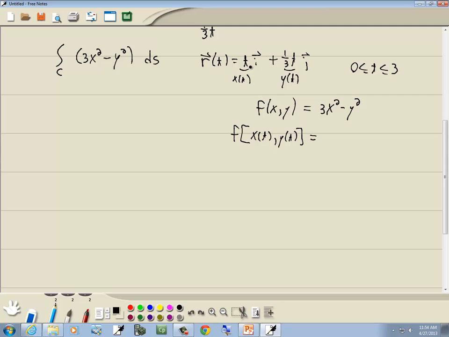So x we said was t, so put that in for x, minus, and y we said was 1/3 t, so put that in for y. That's going to give us 3t squared minus